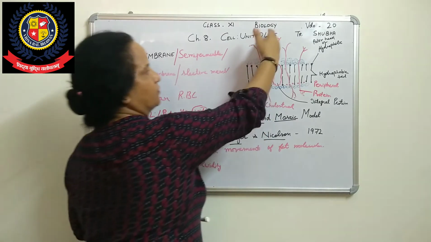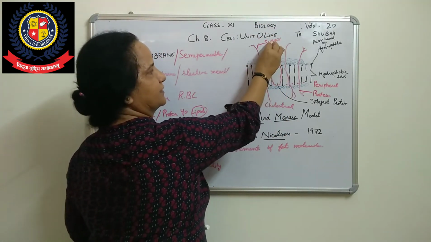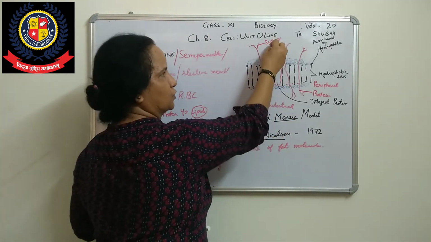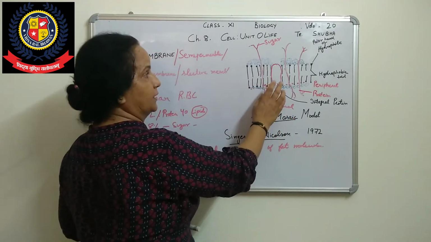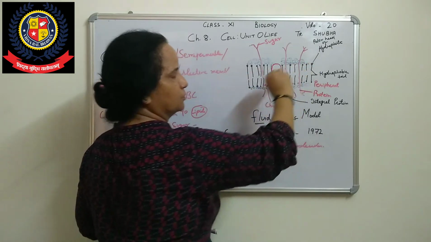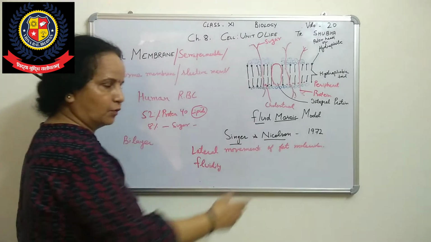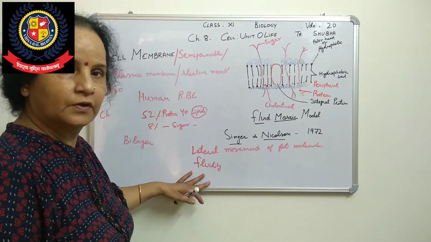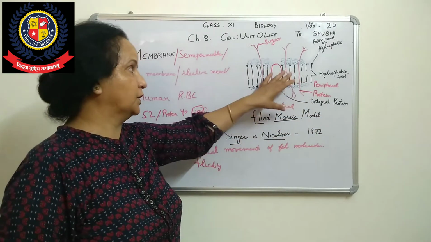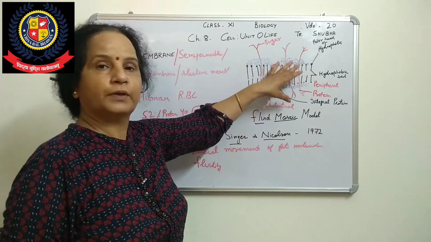Then they are crossing like this also, meaning into the cell. Suppose this is inside the cell and this is outside. Some molecules can get inside, some molecules can come out. But some molecules move like this, that is a horizontal or lateral movement. So lateral movement of fat or lipid molecules is called fluidity. That's why this is called the fluid mosaic model, because the lateral movement of fat or lipid molecules also occurs.